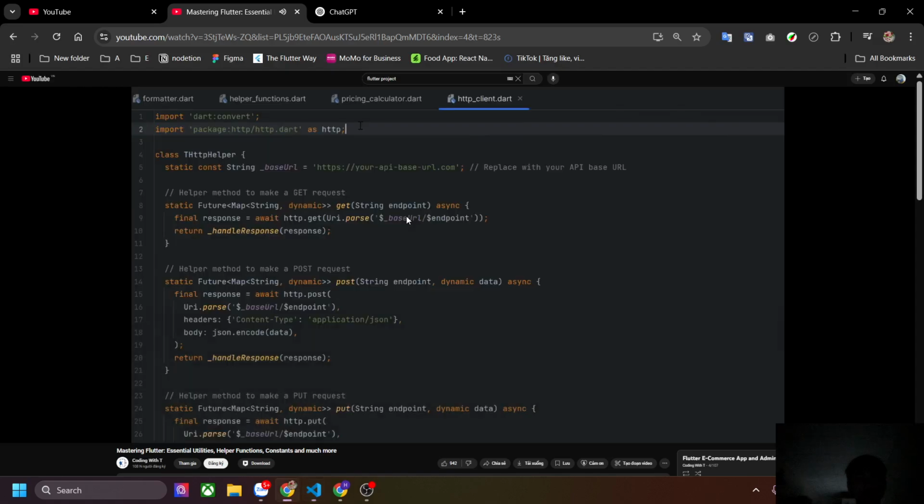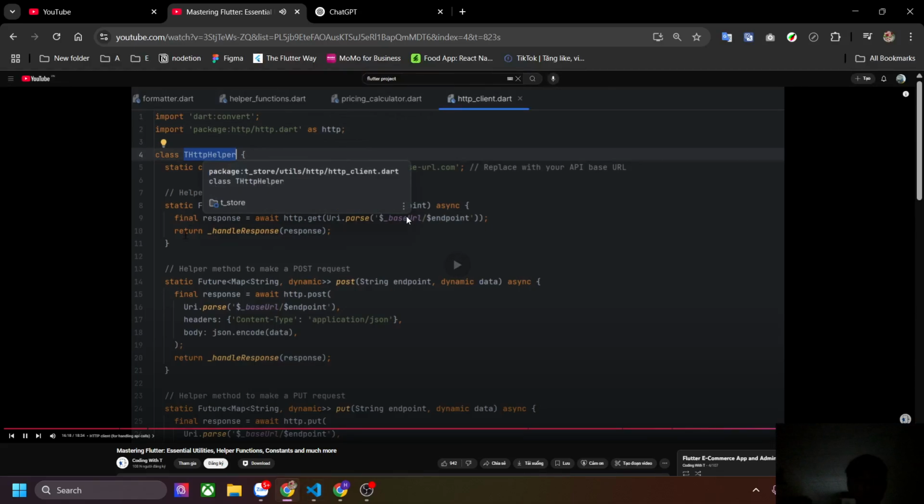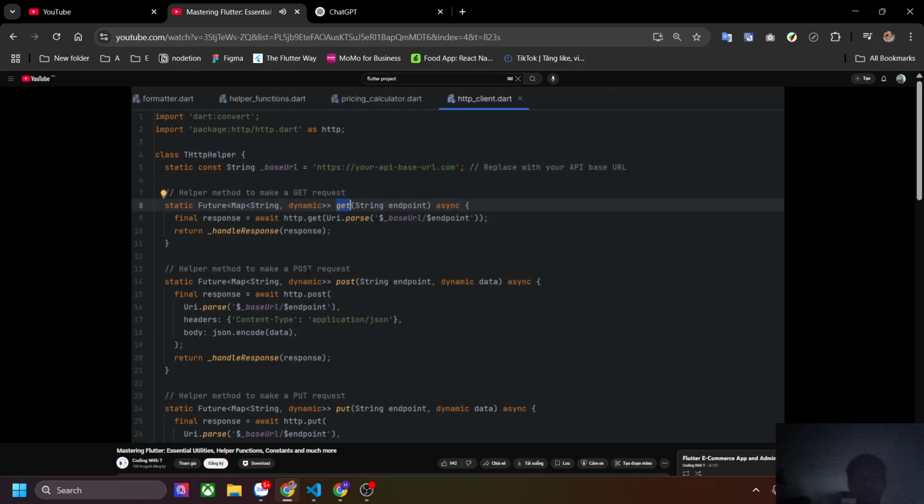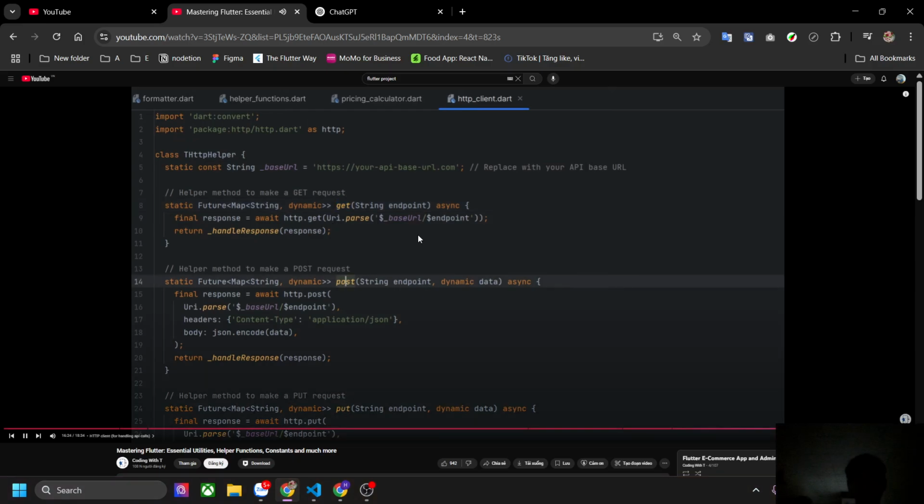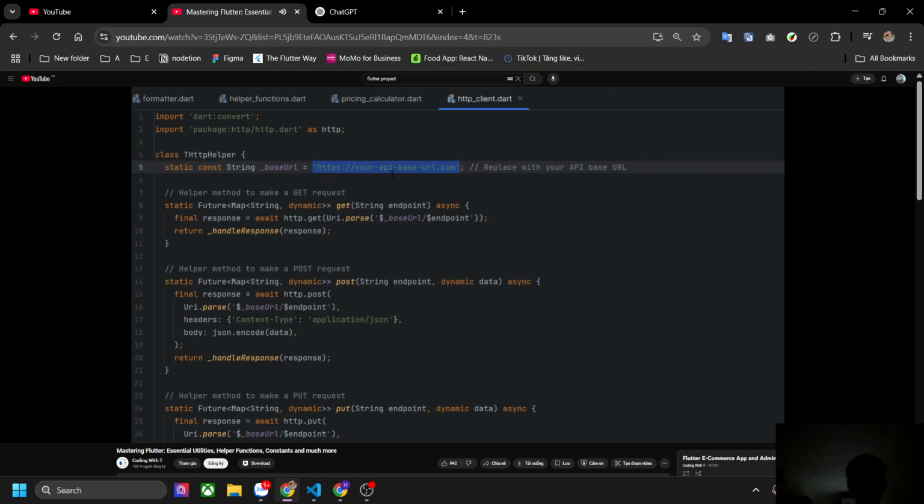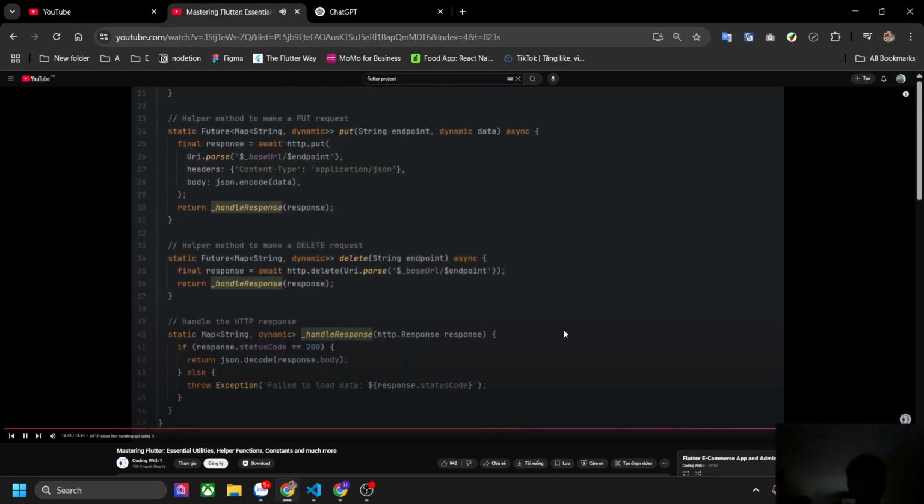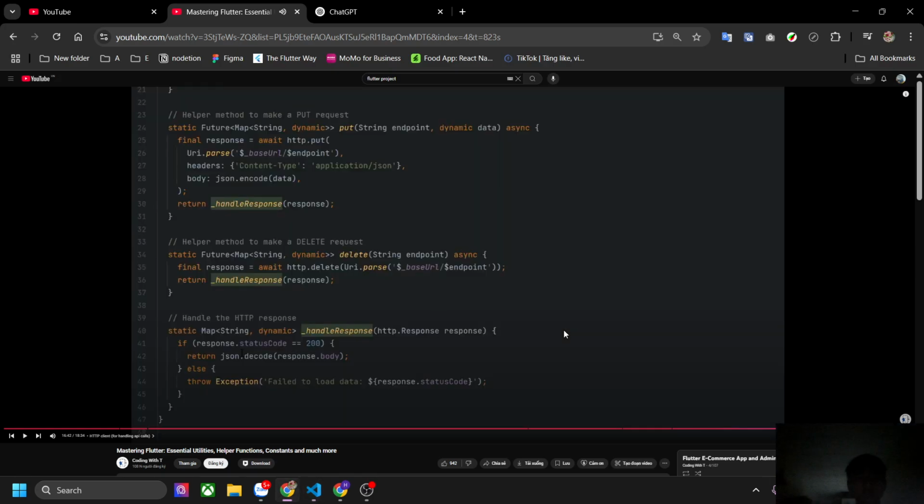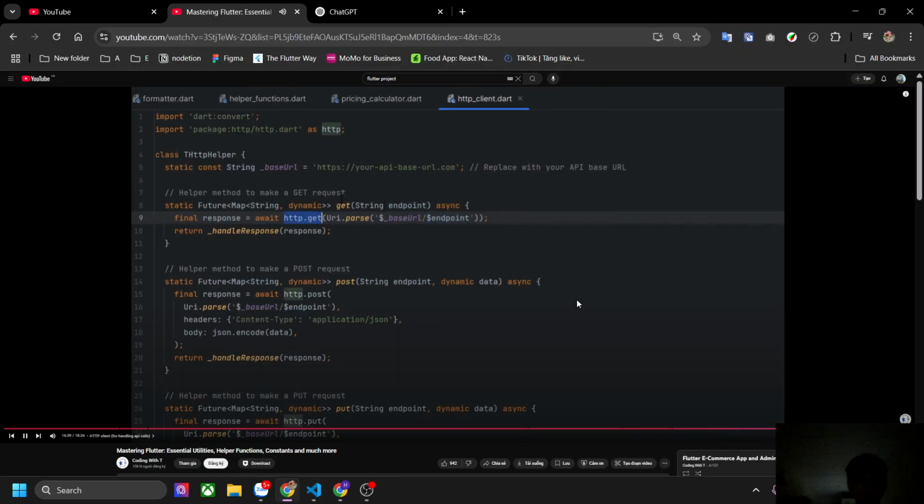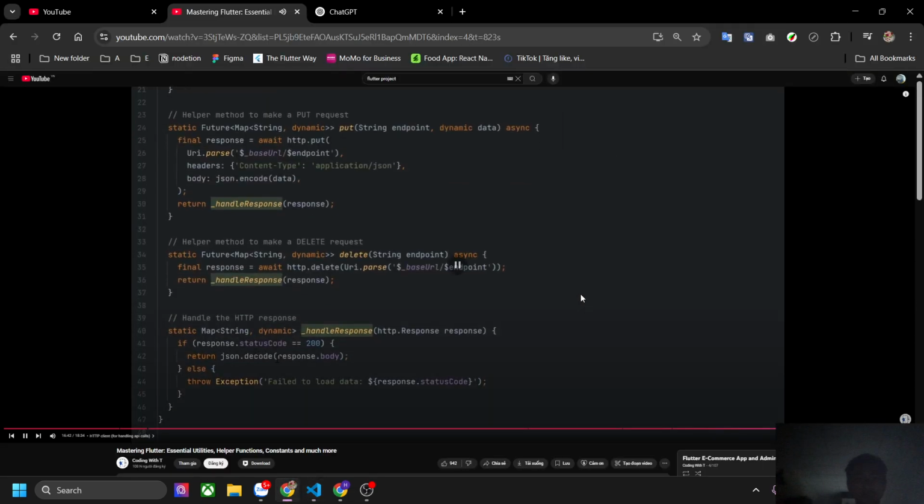again and again inside your own repositories. You just have to call the HTTP helper dot what you want to do. You want to get anything, you want to post anything, put, delete, or handle response. So these things are going to work for any type of API. You just have to pass the base URL. Just an example, it's your API base URL, and based on that base URL you again have to pass the endpoint each time, and http.get is going to handle the response, which is a generic